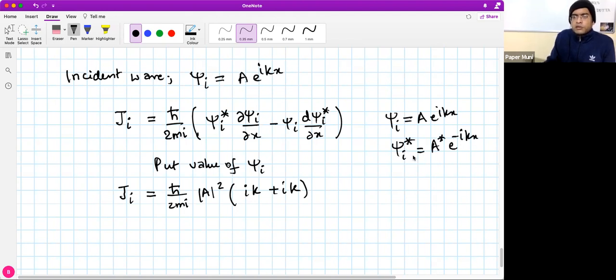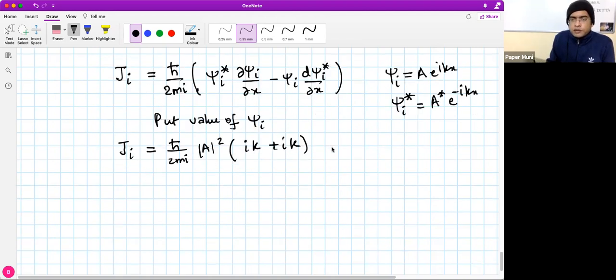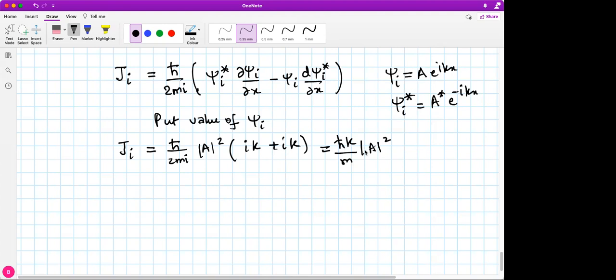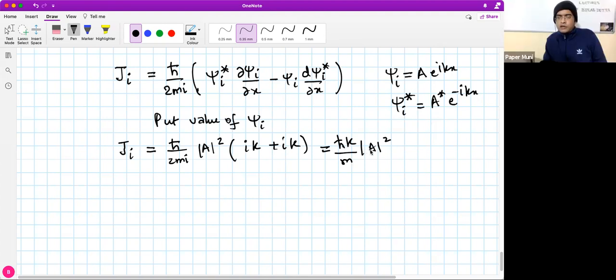All right, so these are psi I and psi I star, and further we have h cross k by m, and this is a mod square. The h cross k is the momentum, right? H cross k by m. So if you divide a momentum by m, what should you get? The quantity will be a velocity. Velocity multiplied by this thing, which was the number of particles